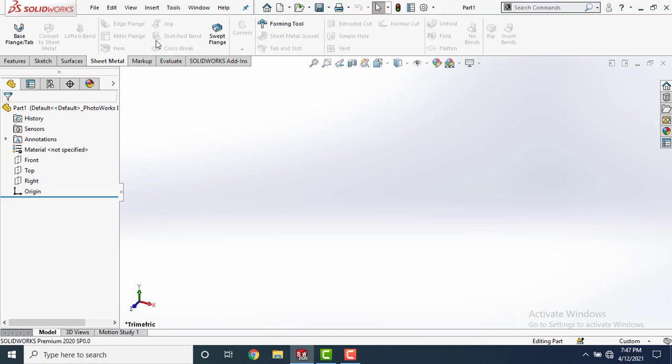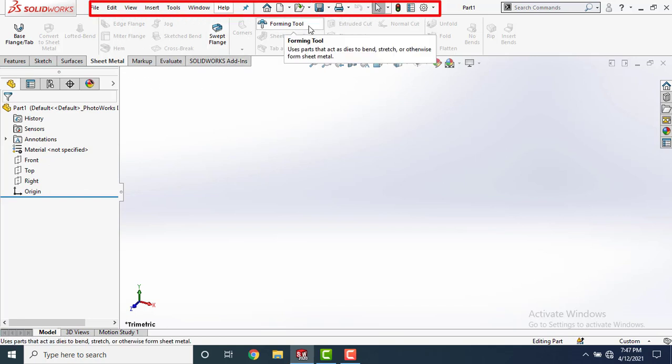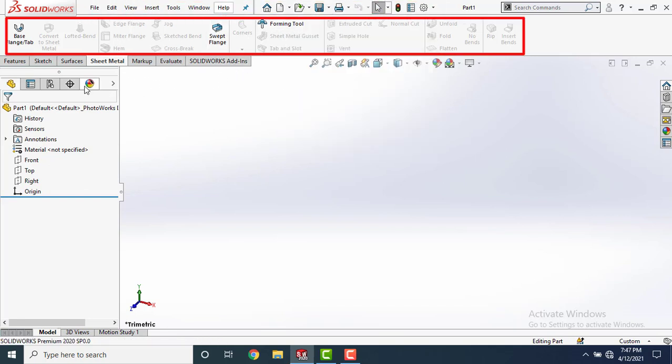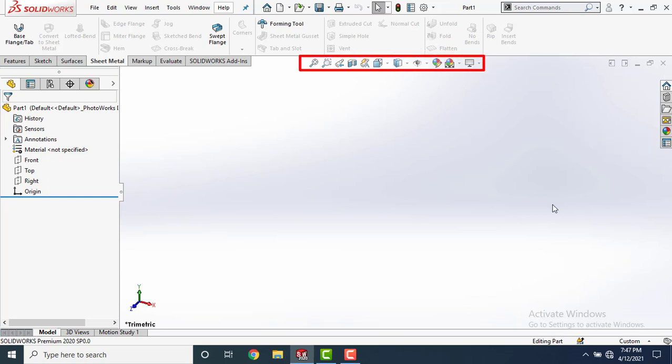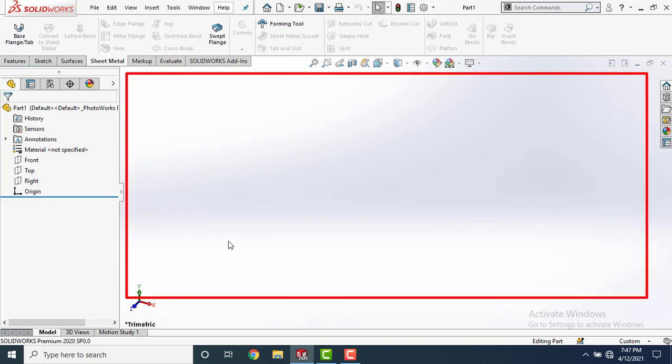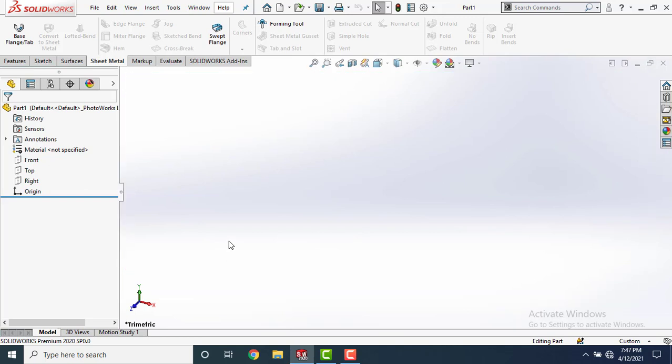They are the standard toolbar, the command manager, the feature manager design tree, the heads-up view toolbar, the task pane, and the last one, the graphics area, where you do all the activities. We will cover all of these in detail, starting with the standard toolbar.